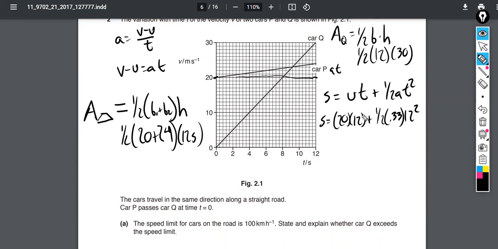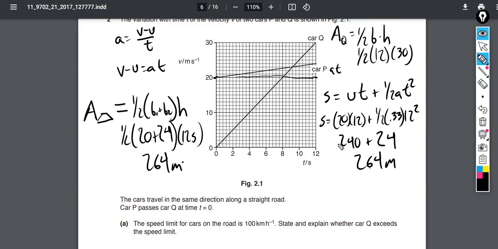So we got 20 plus 24 divided by 2 times 12. 264 meters. The same thing over here, 20 times 12, so 240 meters because it was already moving at 20. And a little bit extra from the acceleration there. 0.5 times 0.33 times 12 squared, you get another 24. Sure enough,